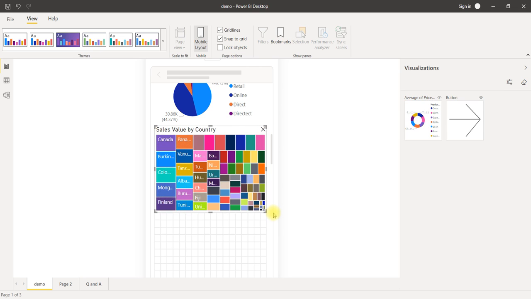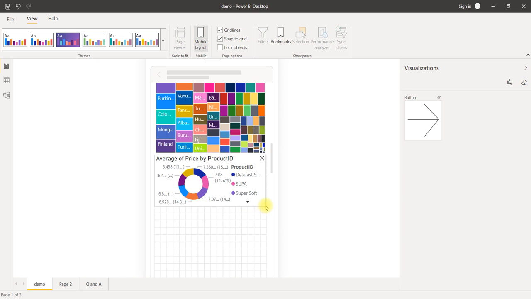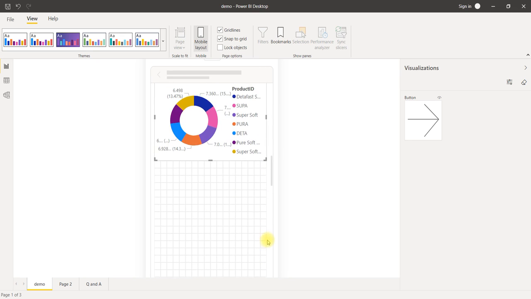Like this. Okay, then it comes to a donut chart. Donut chart like this, maybe like this. If you would like to give an arrow mark, you can give the arrow so that he can move to the next page. Like this we can show him how to utilize that in the next page.